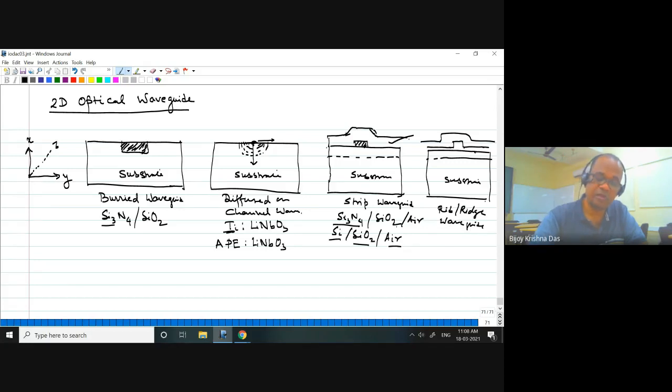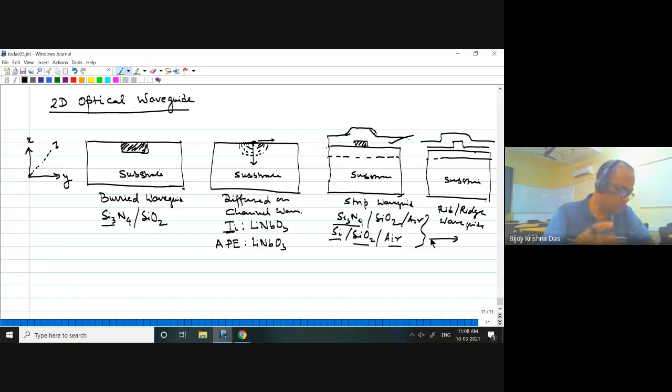Okay, this is also the same type of material you can consider. So these are the typical planar waveguide structure, sorry, typical 2D waveguide structure used for planar lightwave circuits, for integrated photonics or photonic integrated circuits. Okay, so now you see we want to analyze this type of waveguide. So any sort of cross section is there.